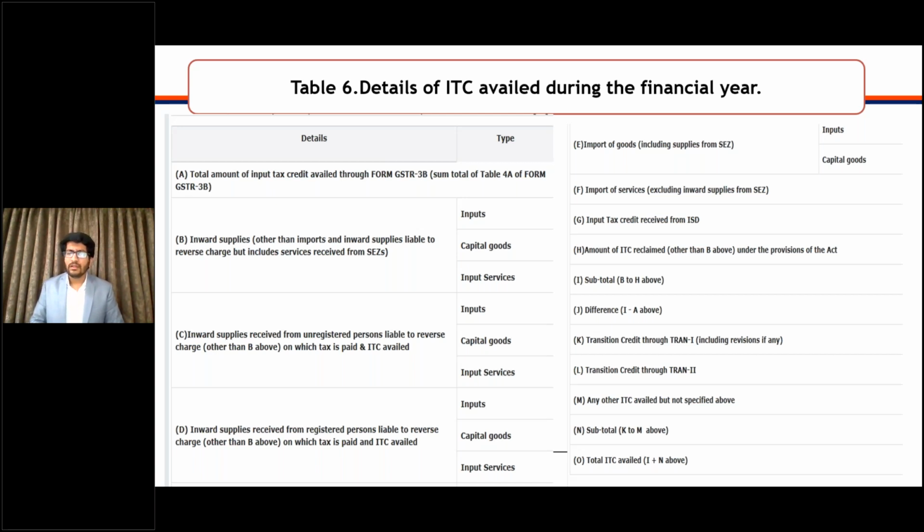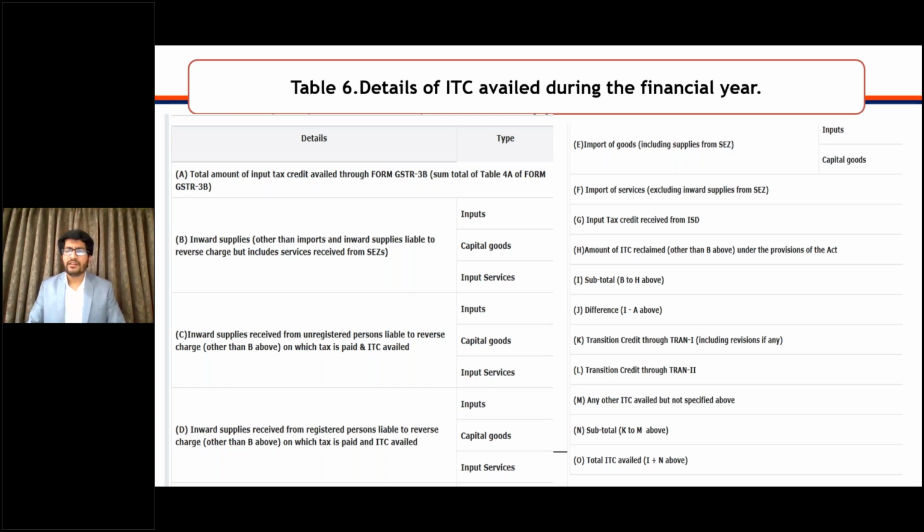So for example, I am having an inward supply from advocate. Advocate is registered under GST. Still, then it will come under registered category, that is B. Sorry, that is category D. And I have inward supply of say GTA, and GTA is not registered, it would come in category C. Both are liable to RCM under section 9(3), but for one category is C and for one category is D.